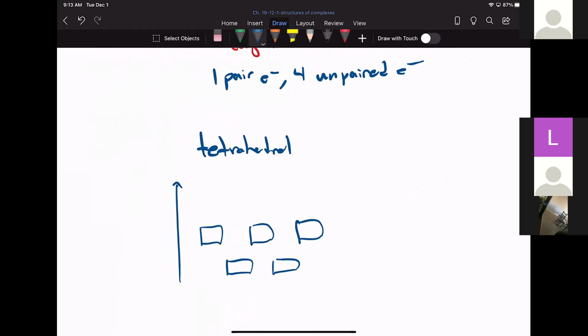To avoid confusing the T2G and the EG, we simply call this T, and this E. Instead of delta oct, I'm going to put delta tetra, and that'll be our splitting here. So this represents T, not T2G, just T, and this represents E. And it just so happens that for all tetrahedrals,